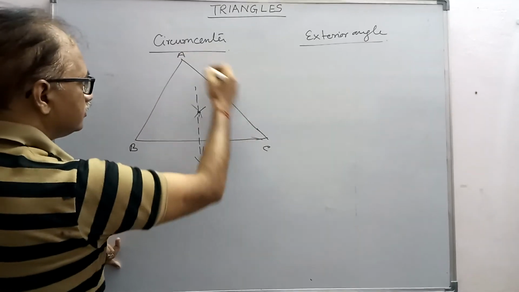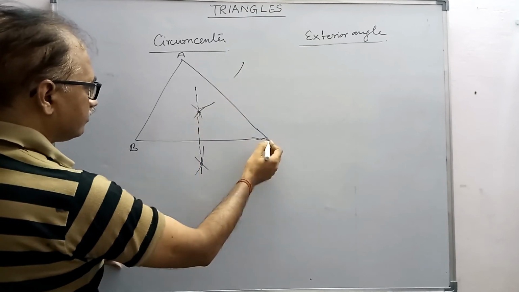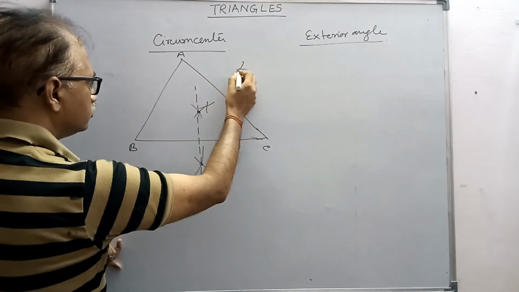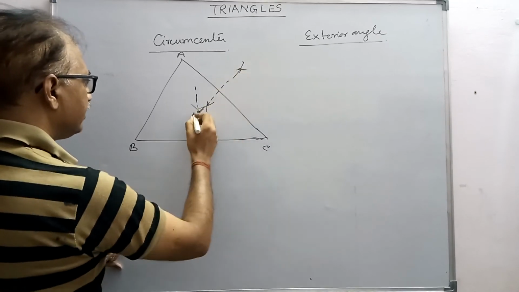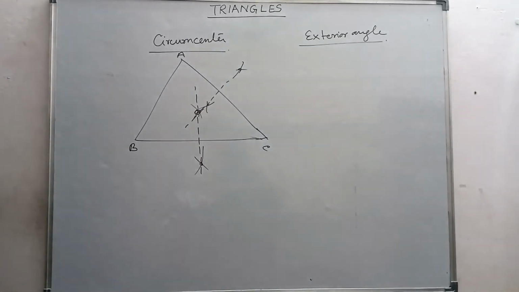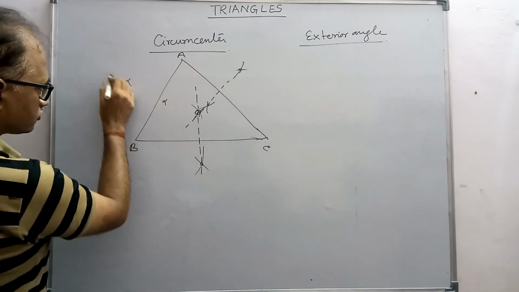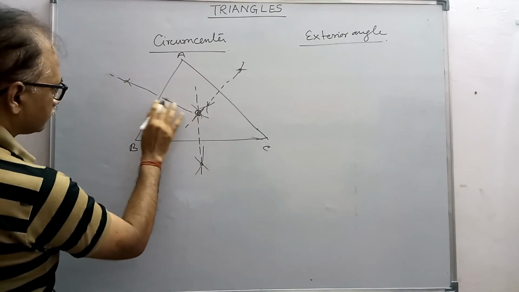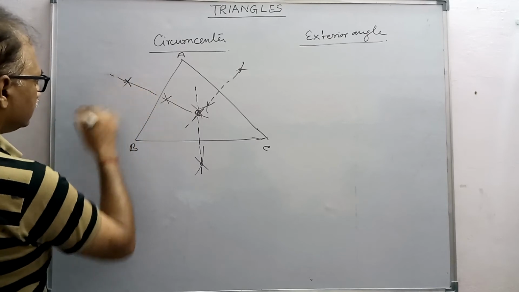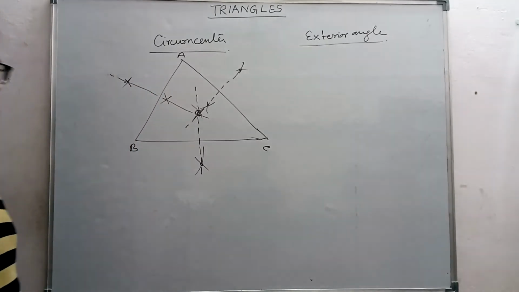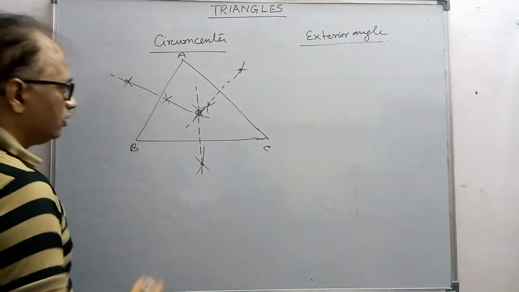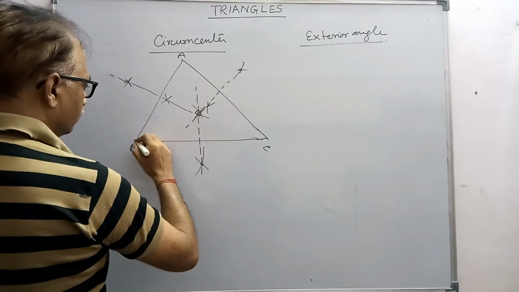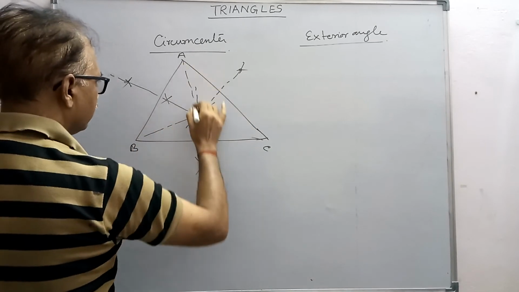Similarly, you take AC, take more than half here, one arc above, one arc below, cut those arcs, join them, and as a result you will get this. Wherever they meet, this point is called the circumcenter. Similarly, if you draw the perpendicular bisector of this side also, it will pass through the same point. So the perpendicular bisectors of all three sides pass through a common point, that is called the circumcenter. If you take this point as center and take OA as the radius or OB as the radius, all will be equal.